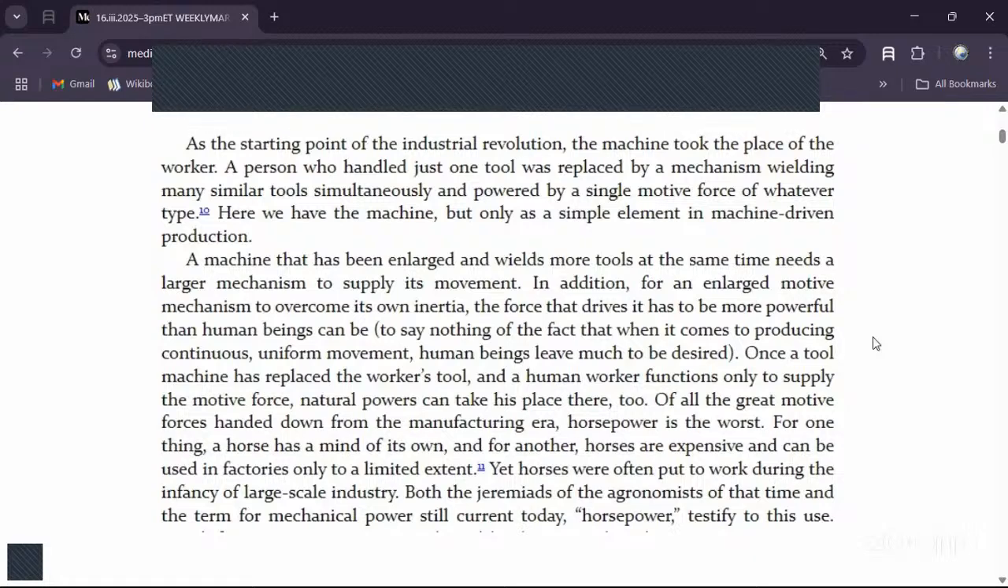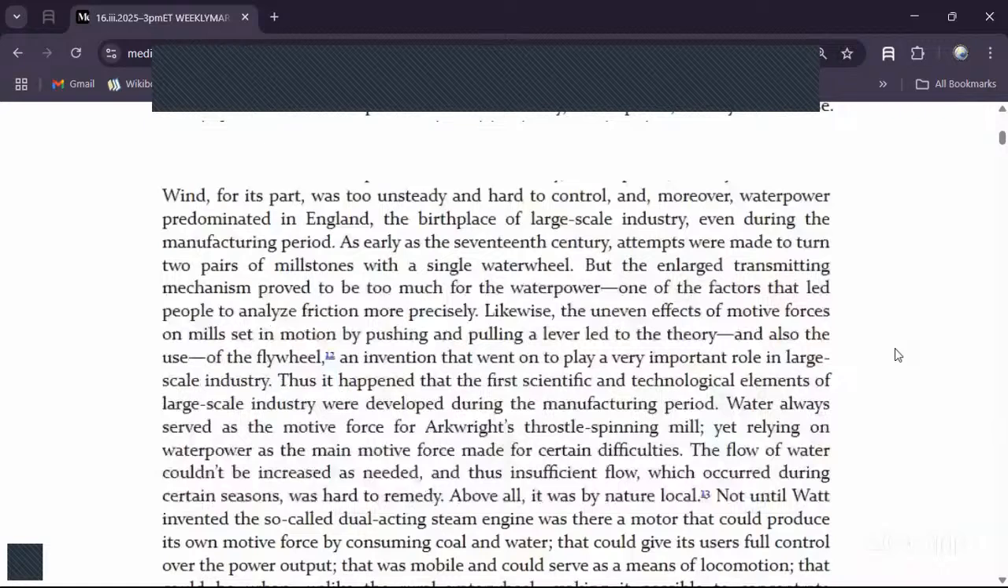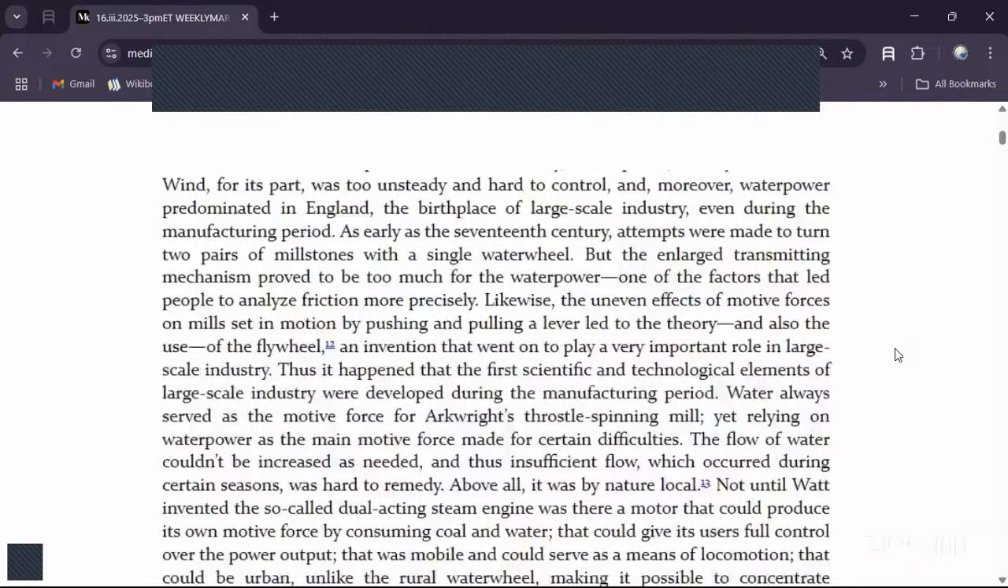Both the Jeremiads of the agronomists of the time and the term for mechanical power still current today, horsepower, testify to this use. Wind, for its part, was too unsteady and hard to control, and moreover, water power predominated in England, the birthplace of large-scale industry, even during the manufacturing period. As early as the 17th century, attempts were made to turn two pairs of millstones with a single water wheel, but the enlarged